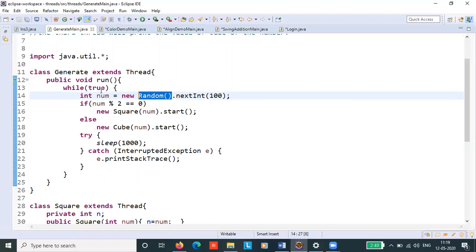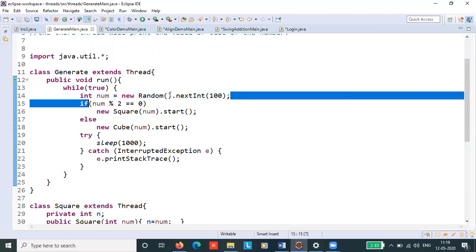In the run method, this statement will generate a random integer number between 1 and 100. New Random().nextInt(100) means we are specifying the limit for the random number up to 100. Every second we have to generate a random integer number.